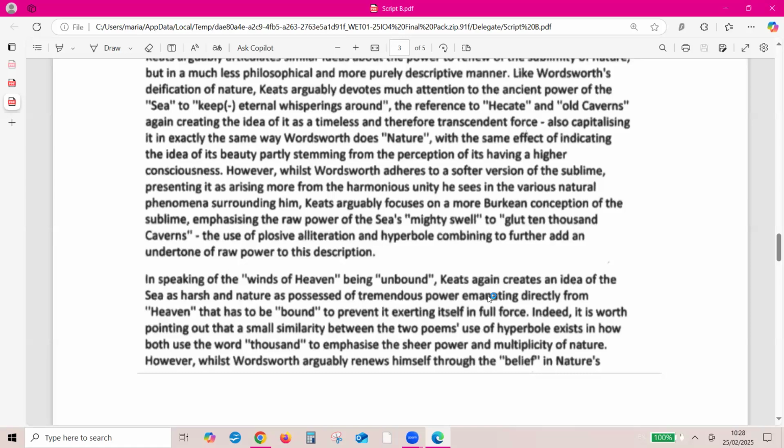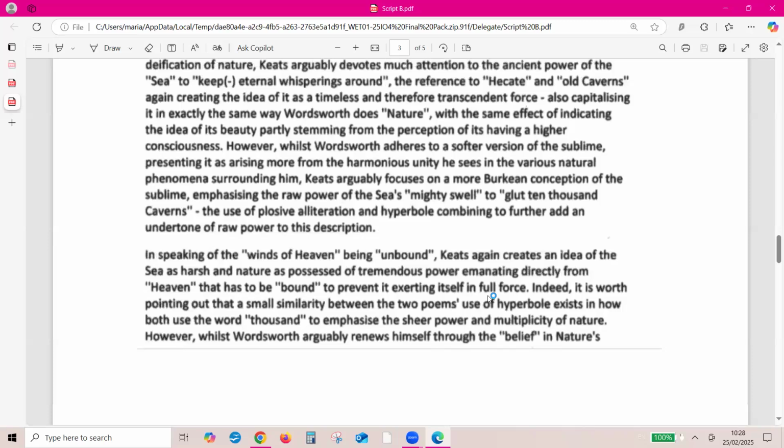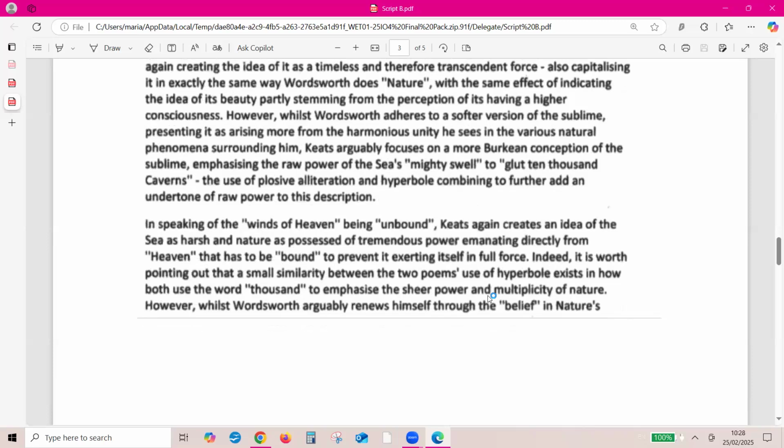a higher consciousness. However, whilst Wordsworth adheres to a softer version of the sublime, presenting it arising from the harmonious unity in various natural phenomena, Keats arguably focuses on a more Burkean concept of the sublime, emphasizing the raw power of the sea's mighty swell to glut 10,000 caverns, a use of plosive alliteration and hyperbole combining to further add the tone of raw power. In speaking of winds of heaven being unbound, Keats again creates an idea of the sea